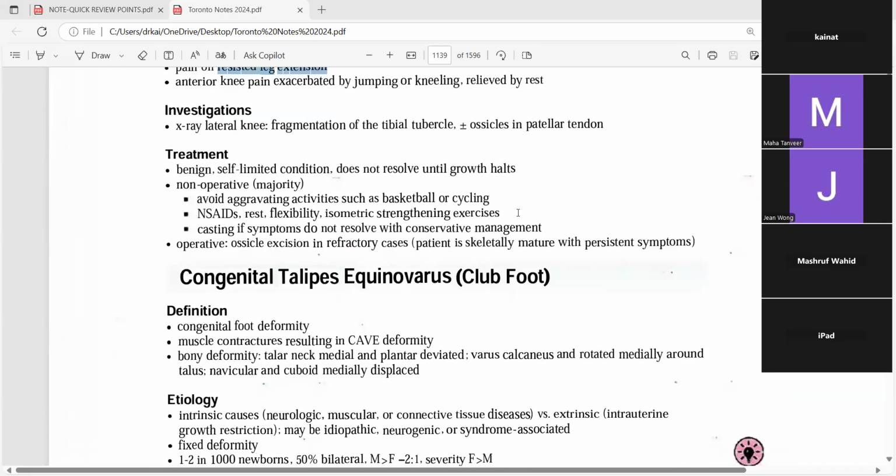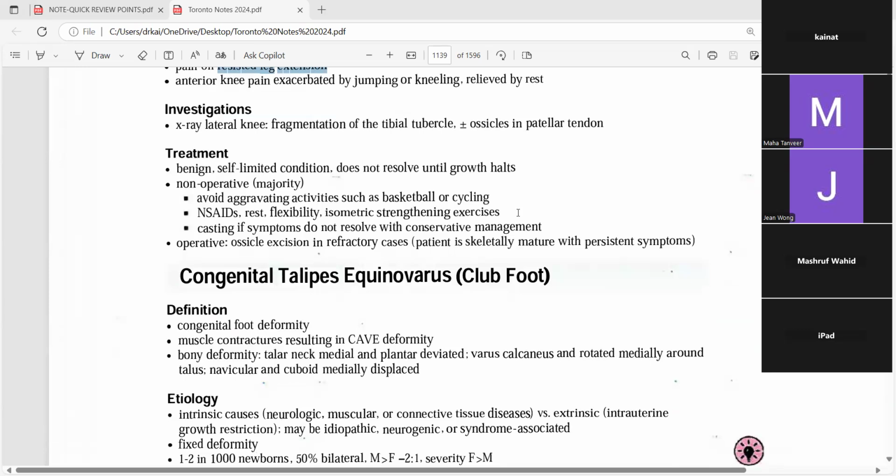So after this one, you can also see this club foot because they can show you a picture with a baby that presented in a family medicine practice, or you are working as a family medicine, and now this is the presentation of the baby, and they will explain that this is how it looks like. So you need to know that this is a club foot. Usually in this case, they don't ask for the diagnosis, but they do like to ask about the treatment.